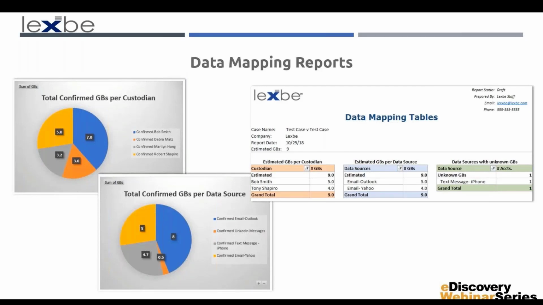Flipping that over to the other side, something like this can be built up for opposition and can start to show the holes on how data has been collected on opposition's point, and if they've done a sloppy or intentionally bad effort to collect and to hide information, it can start popping off the screen here on these reports, where you can see what's been collected by date, what's been collected by custodian, what's been collected by data type.